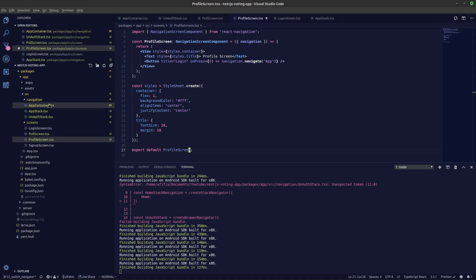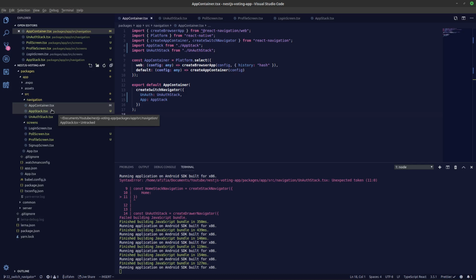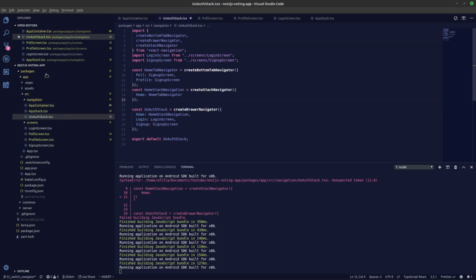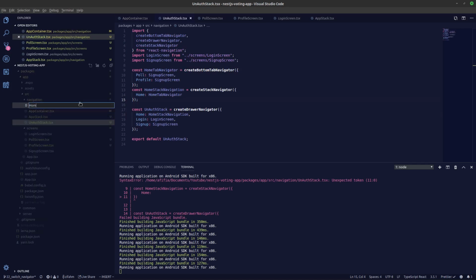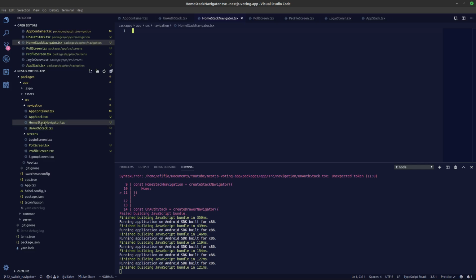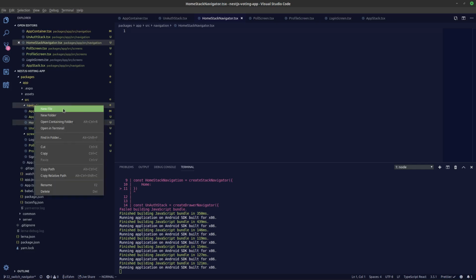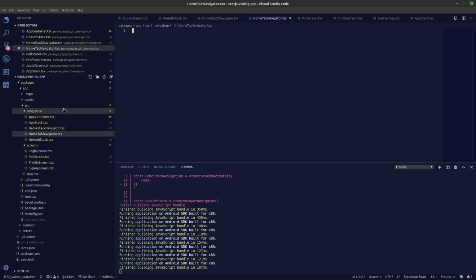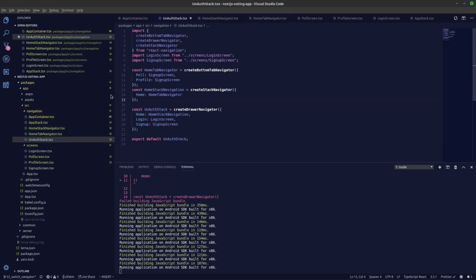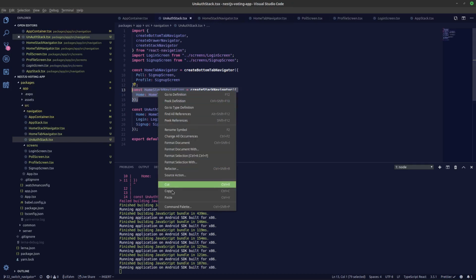Okay, so let's pass that in. Let's abstract it away, as I said before. In the unauthorized stack, we'll create a home stack navigator.tsx, and also a tab navigator as well. So home tab navigator.tsx. The unauthorized stack will get the stack navigator,